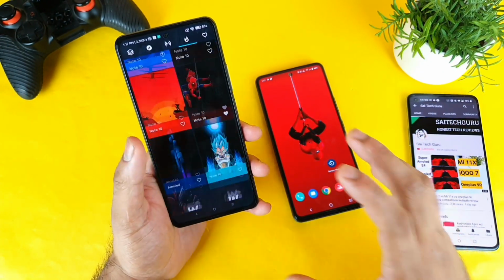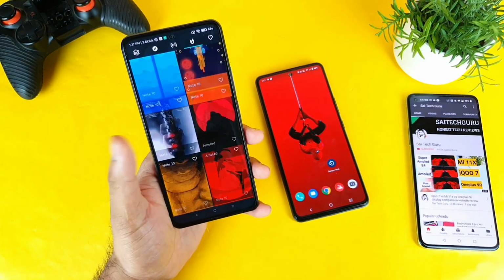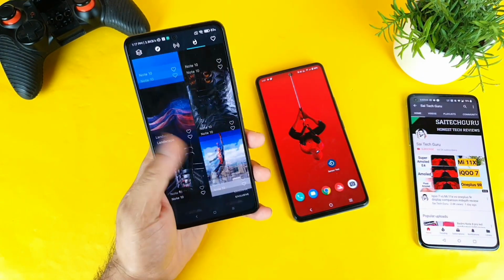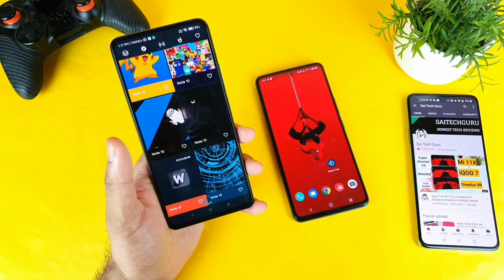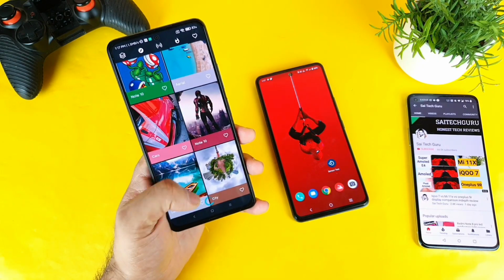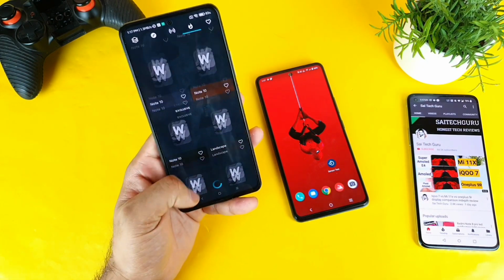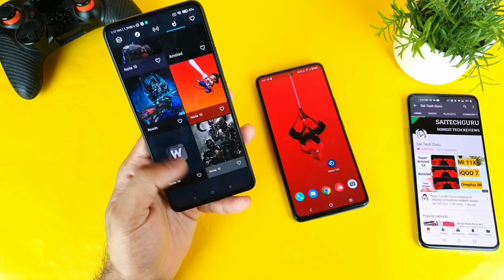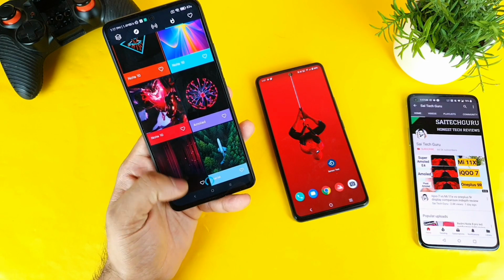And one more thing, at the moment the wallpapers are kind of limited, so try to scroll down. There are only a few wallpapers available right now, as you can see. The list goes on, but it's still a little bit limited, but the list is increasing from time to time. That is what I can see, friends. The list has been increasing from the beginning till now. As you can see, so many wallpapers. The list is definitely increasing, friends.